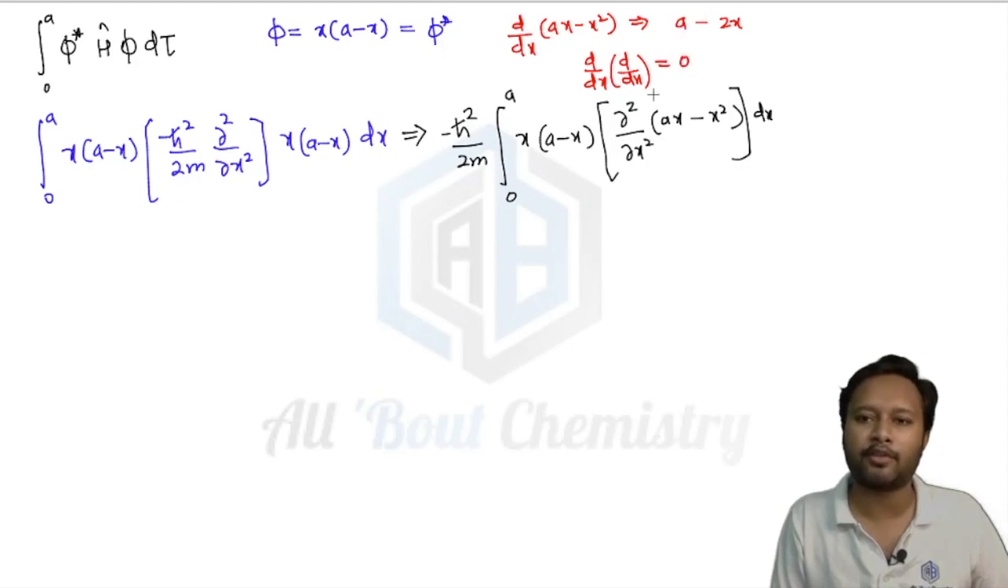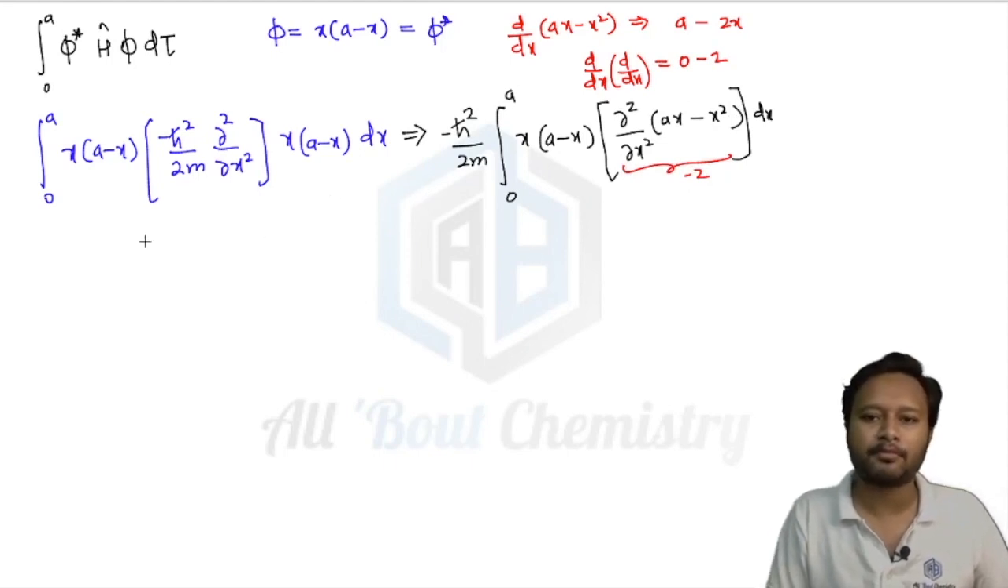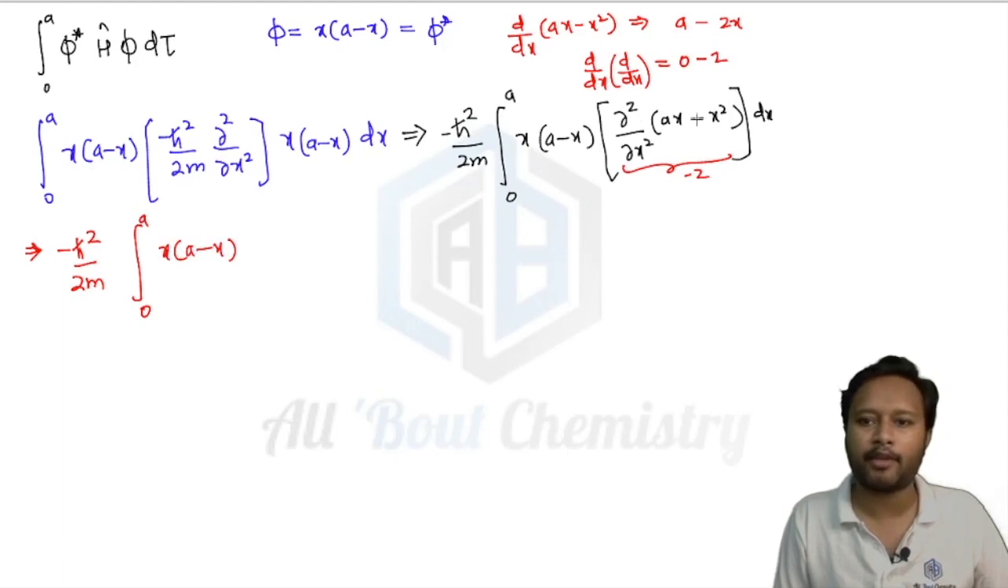So, the differentiation of a will be 0 and the differentiation of 2x will be minus 2. So, this whole term will give me minus 2, that is all. So, I will be just substituting the value here now. So, in the next step, what I can do is I can write down minus h cross square upon 2m integration from 0 to a, this goes like x and a minus x, and the value of this is minus